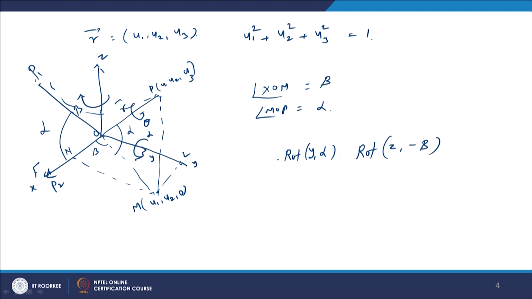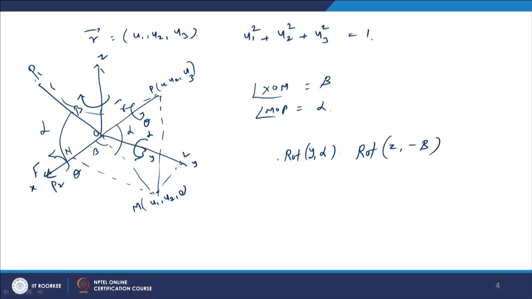Now, we will perform the required operation because we wanted to rotate OP by an angle theta. So, instead of rotating it at its original position, we brought it to the x axis, and then here we will rotate it by an angle theta in the positive direction.